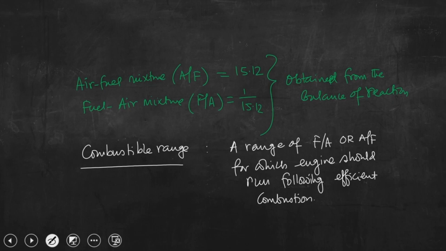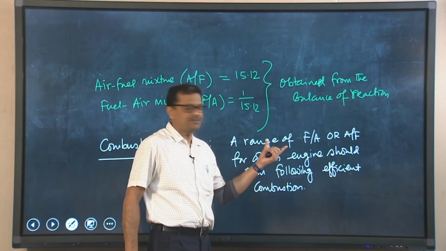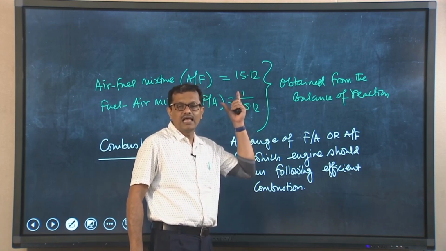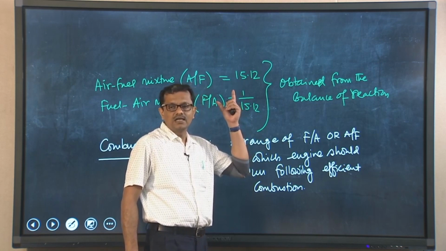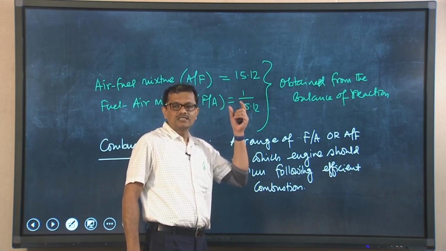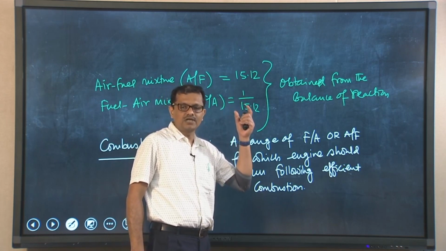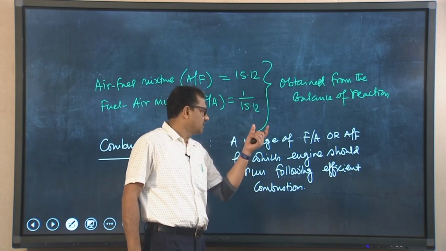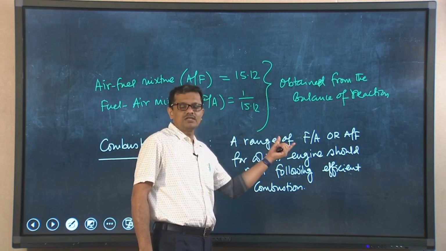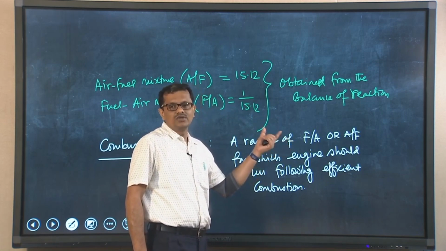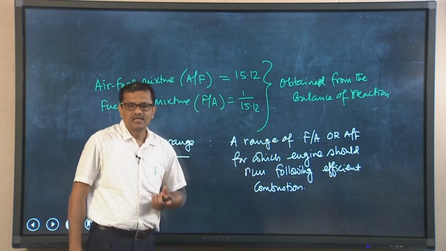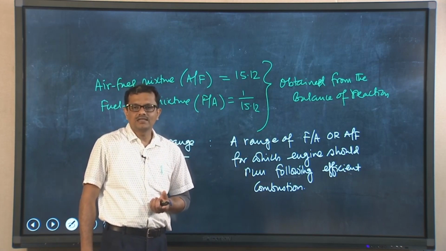If so, this is very important: we need to specify what that particular range is, the combustible range for this particular fuel. If the carburetor is unable to provide that, that is, if the carburetor is providing a fuel-air ratio which is beyond this particular range, then combustion will not occur. So whenever a carburetor is designed, it is designed keeping in mind that it would